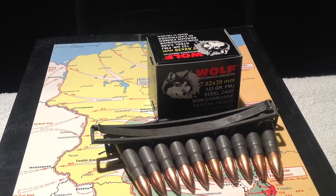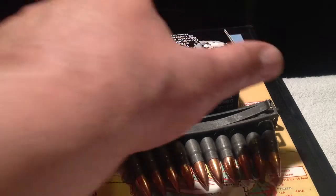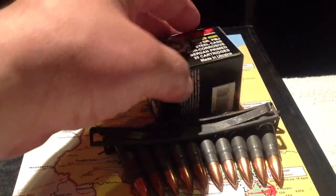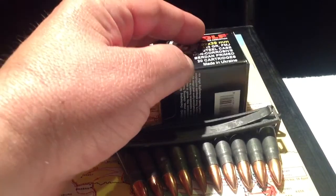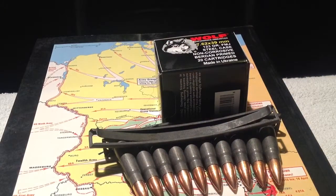I opted to keep all this brass stuff. I got a case of the stripper clip, a case of the non-stripper clip, put them away, and just bought some Wolf. I think the Wolf stuff will always be around, but see what's scary about the Wolf here, right down on the bottom. Made in what? Is there even going to be a Ukraine soon? But then again,